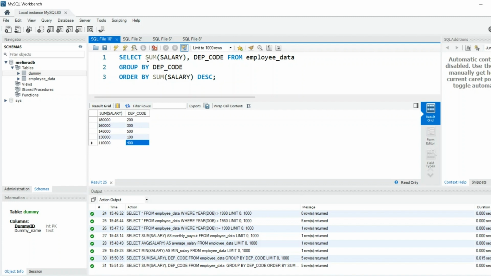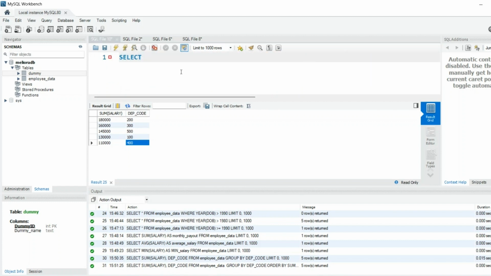So those are just some examples of your group by and order by, and they are used with aggregate functions in SQL. Okay, so we've made some really good progress, but we're going to see a lot more functions and a lot more clauses as we move through. But right now,